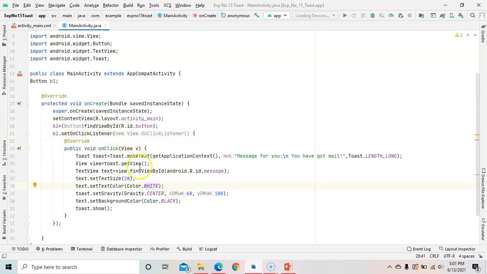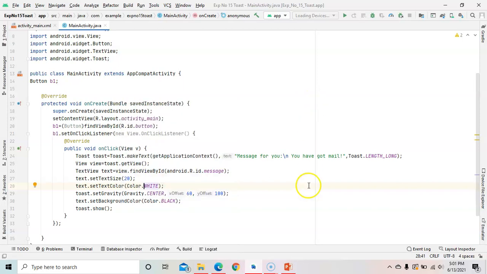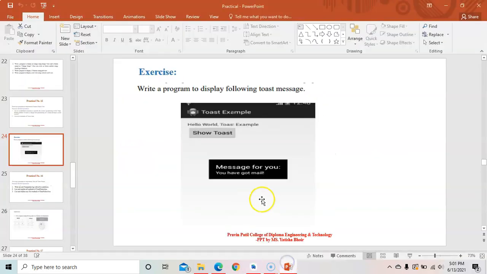Now in this we need to perform a toast message, and that is not a simple toast message. You can see in the output user interface, the toast message should be shown like this. Background color of the toast message should be black. Foreground color of text is white. So like this we need to make a toast message, not a simple one. We need to animate it.